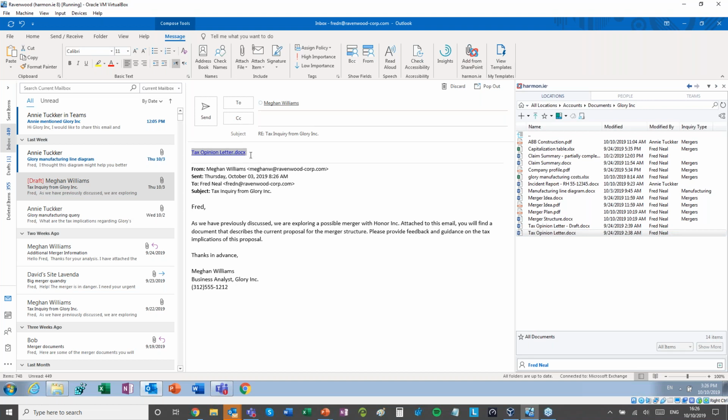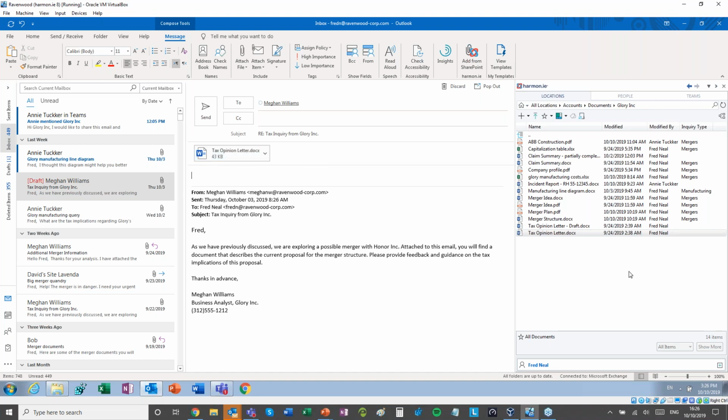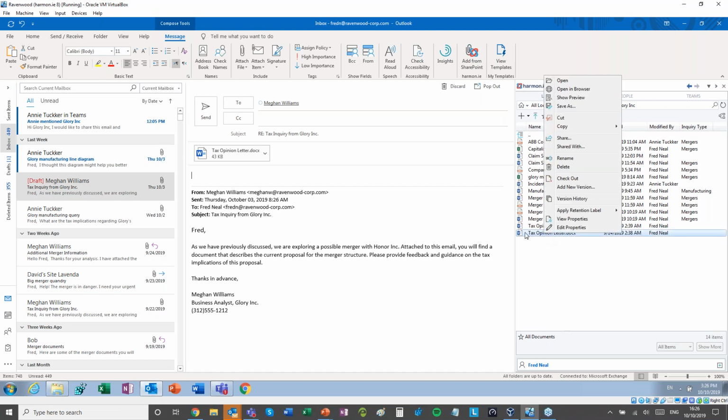And I can either send that as a link or I can send it as an attachment just by holding down the Alt key while I drag and drop that document into the email. So very, very quickly, I can work with my colleagues internally and my clients externally using the email functionality in Outlook and the Teams functionality in a concise and a smooth manner. But also that tax letter, I now need to say that I need to retain that for a minimum period of time. So if I right-click on the tax letter there in the SharePoint library, I can actually apply a retention label to that,